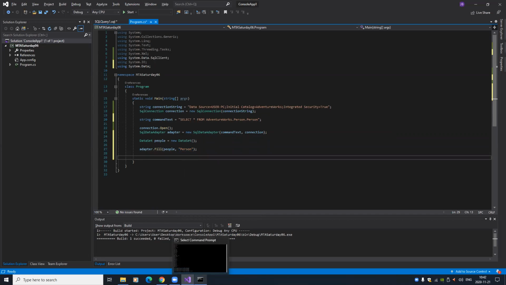And now our actual data set is filled and it's in memory. It's in the computer's memory and it's full, okay? And you'll see that now. So we can say,